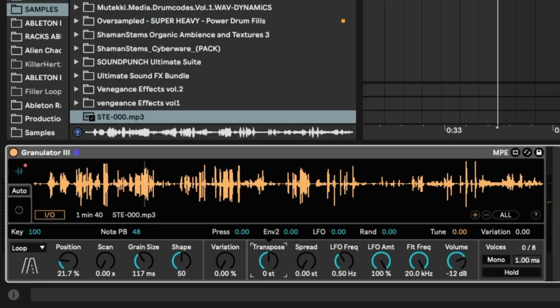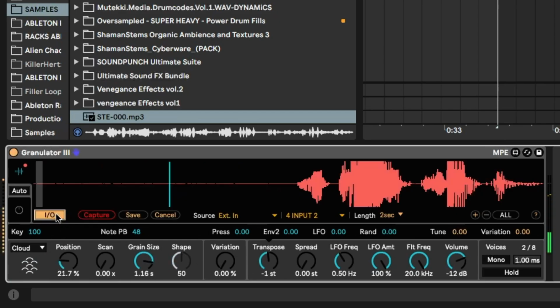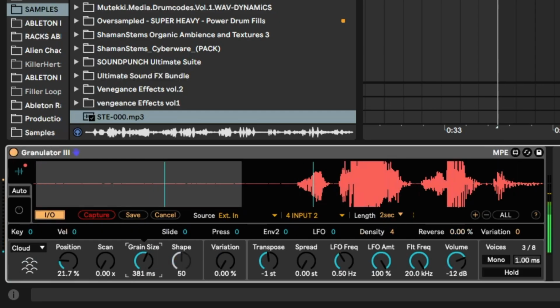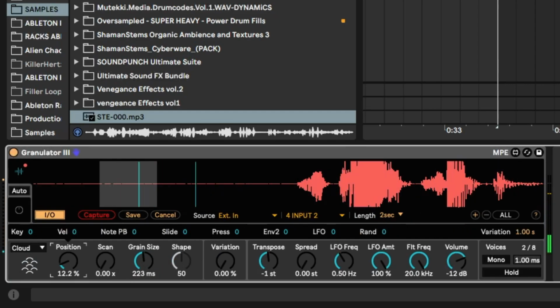And to finish this video, let's talk about the granulator that had a very nice upgrade in this version. You can see a much cleaner design. And now you can choose between 3 different algorithms for grains. Each one has a different sound, and a great feature is that you can also record something on the fly.